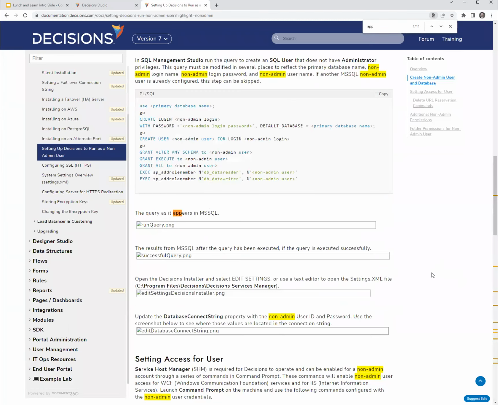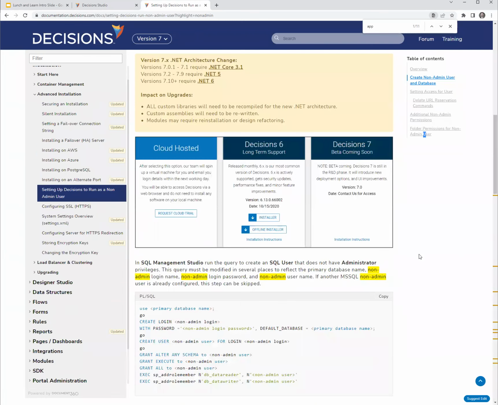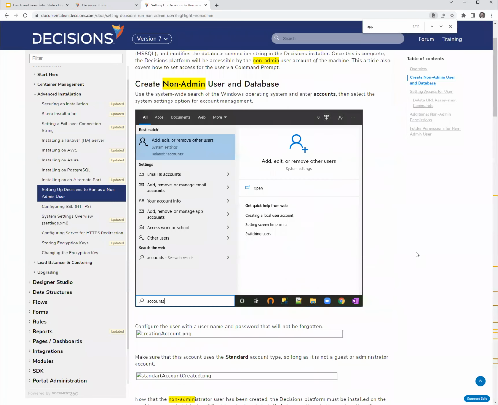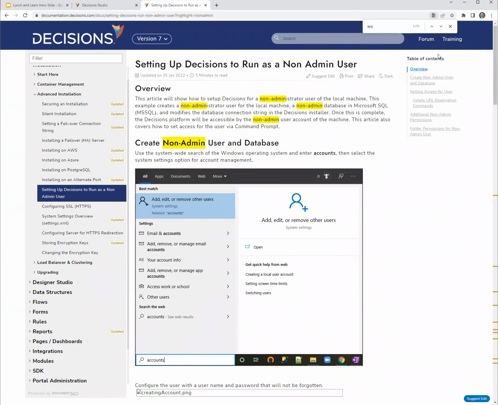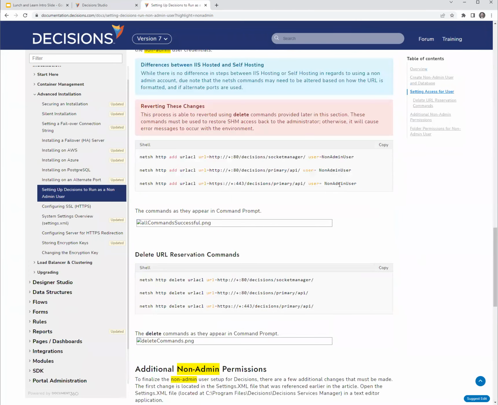Yeah, well, this doc's not going to tell us how to set the actual application pools up. But yes, you absolutely can run Decisions as a non-admin user. There's just work you'll have to do from granting permissions. And in this doc specifically, you'll have to do URL reservations and things to allow a particular user to have a reservation to some URLs if you need them to not run as an admin. But there is no requirement that Decisions run as local system anywhere. You can absolutely run